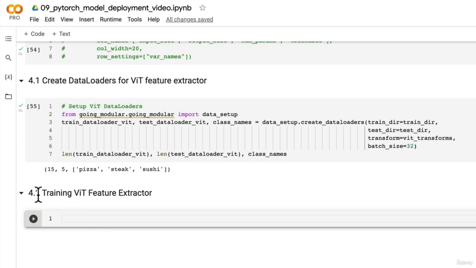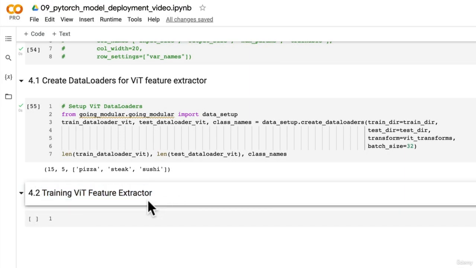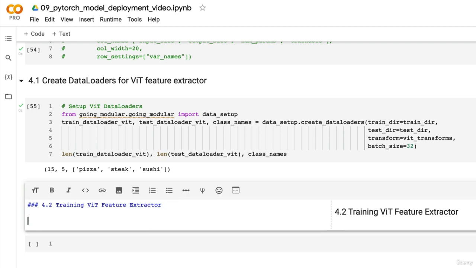Welcome back. How'd you go? Did you manage to train a ViT feature extractor? I trust you gave it a shot. I've been saying that a lot lately because I've been issuing a lot of challenges, but we're up to model experiment number 2, a ViT